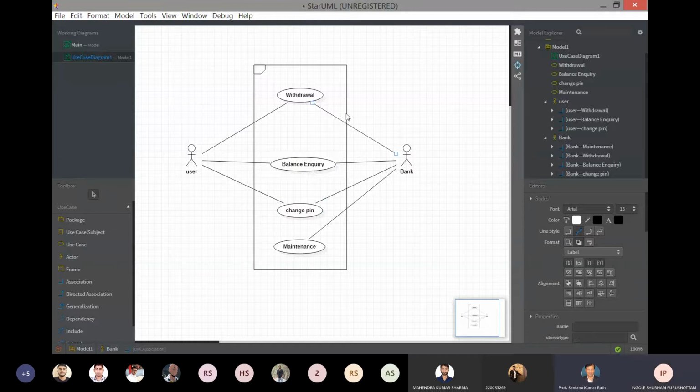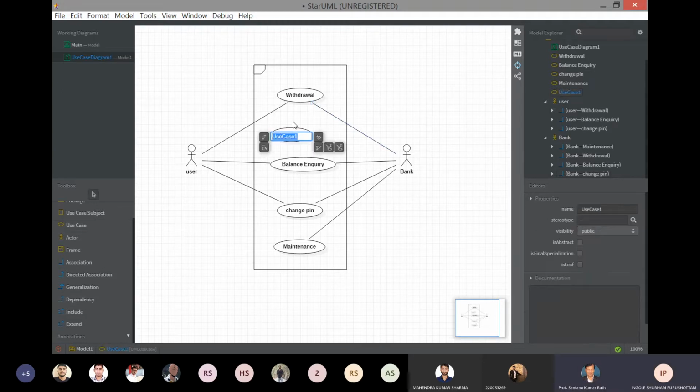Now there are more things we can add to this diagram. This is the simplest form you can draw like this. Now you can make it more complex by adding other functionalities also. So here I am showing one, generalization. At the time of withdrawal, it asks whether you want to withdraw money from a savings account or current account. Every ATM asks this.